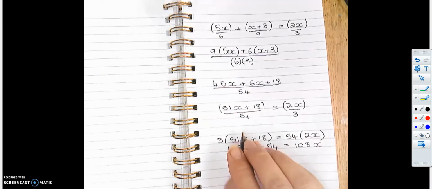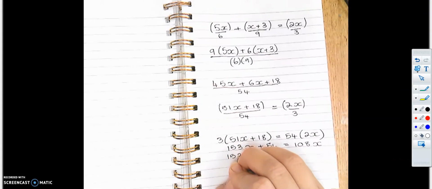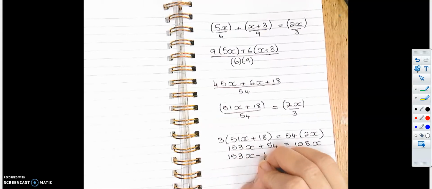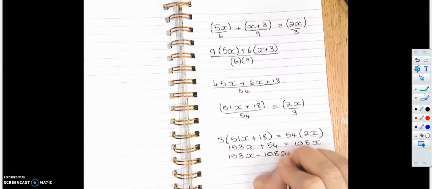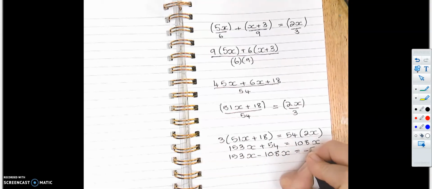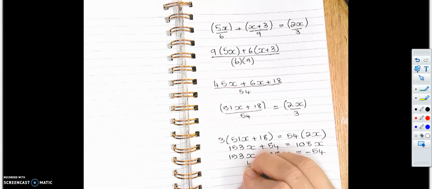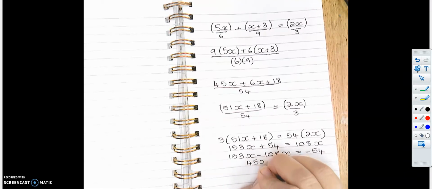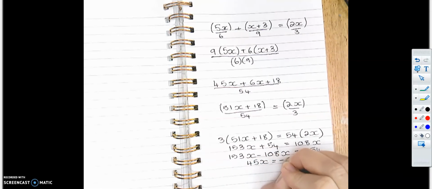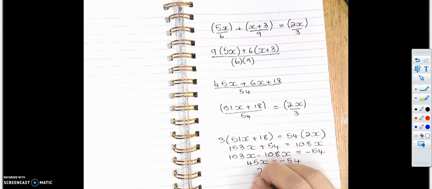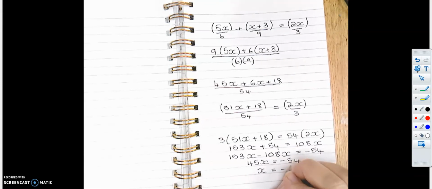So bring my 108 over, so I have 153x take away 108x is equal to minus 54. So I swap its side as well. Tidy up, so I get 45x is equal to minus 54. So x is equal to minus 54